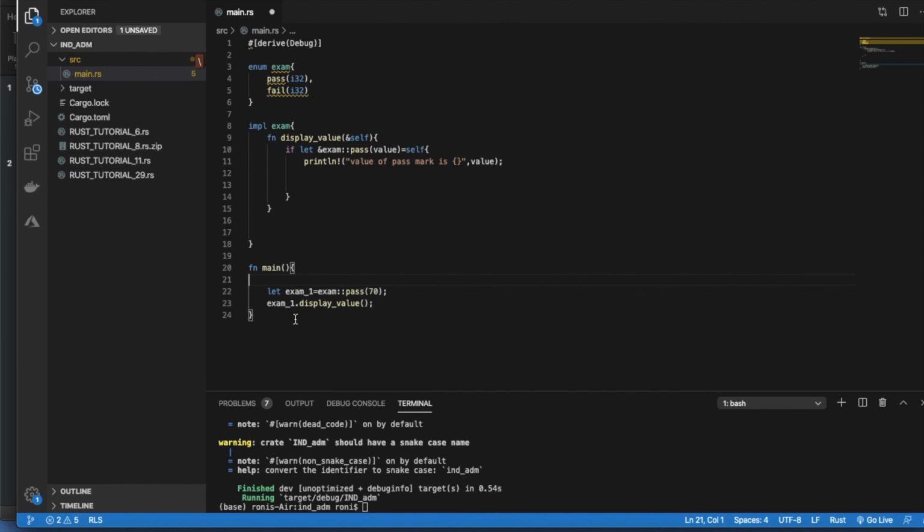Okay, so let's get back to the explanation. Here, what is happening is: let underscore x exam and pass equals to value. It means it is checking that whatever you are calling from here actually contains this pass and some value or not. If something is there, then it is going to print that value here. Okay, so that is the ultimate objective.